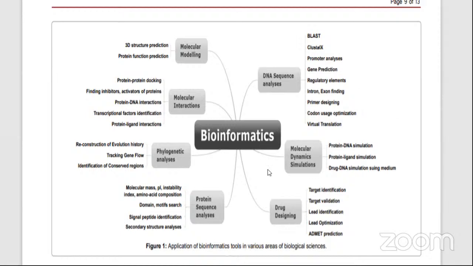Simulation is one application, drug designing is one application, protein sequence analysis is one application, like in finding out the properties like amino acid composition, PR, domain analysis, secondary structure analysis, etc. Then again, one stream goes to phylogenetic analysis. Then one stream goes to molecular interactions like docking, then protein DNA interactions. Then you have molecular modeling, in which function prediction and